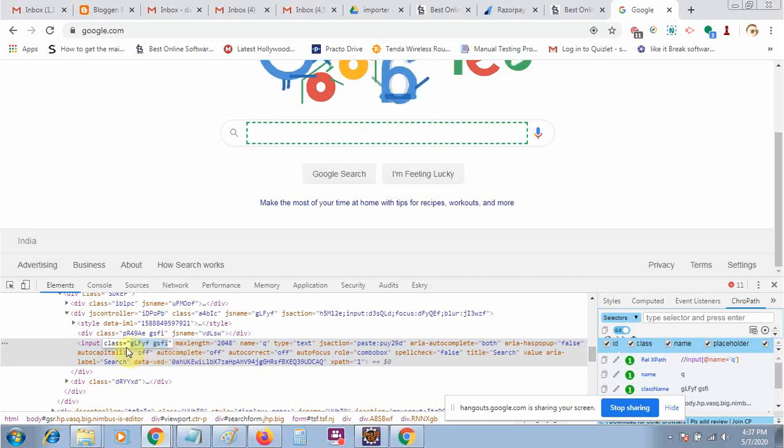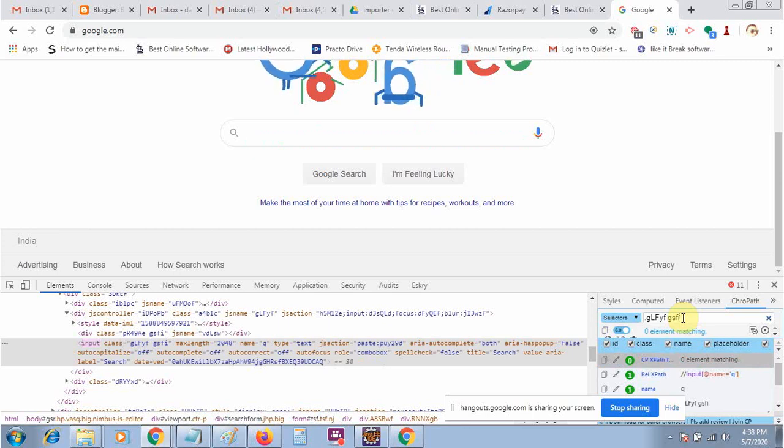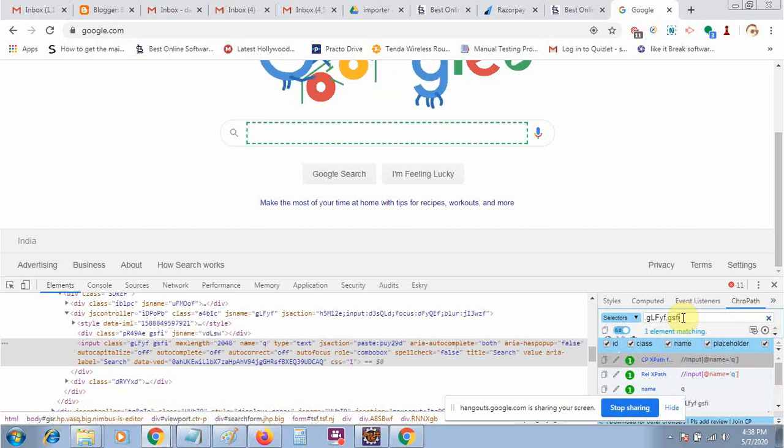Always remember, if I use the class name as a CSS value, what will happen? Let's see. Suppose I am entering my class name. As we know, for the class name we use the dot. So I will use the dot and print the class. Let's see, I am not able to find it. Whenever in a real life scenario you get a class name which has a space between two words, just remove the space and add a dot operator. It's a little bit of a concept.